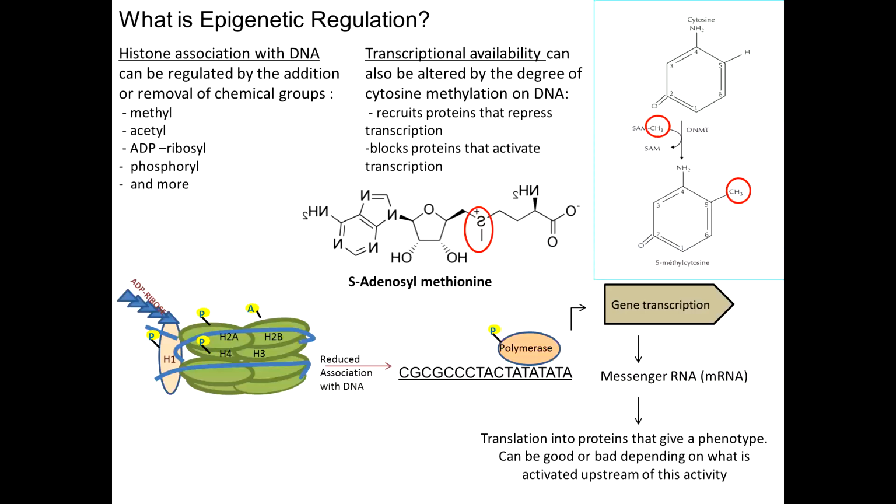When we talk about epigenetic regulation, it means that either the DNA or the histones, the combination of the two is called chromatin, are being modified by adding a methyl group, for example, or acetyl group or a phosphoryl group that will change how tightly the DNA is associated with the histone. The less tight the association is, the more likely transcription factors will be able to bind to promoters of genes